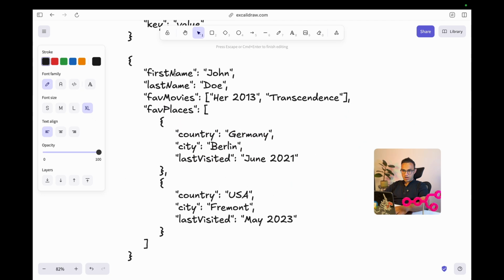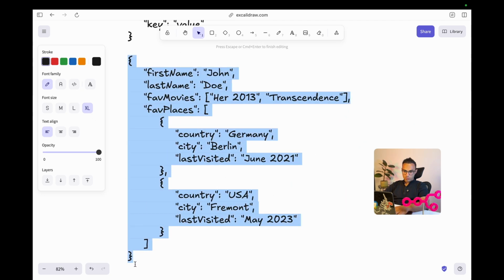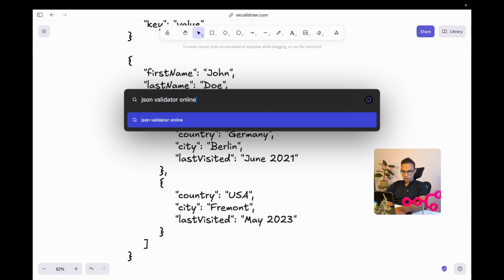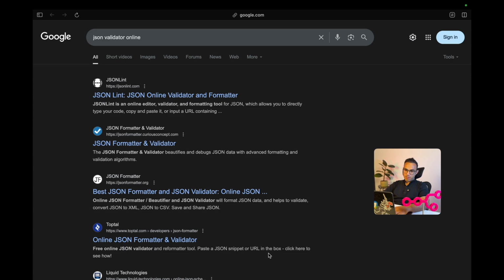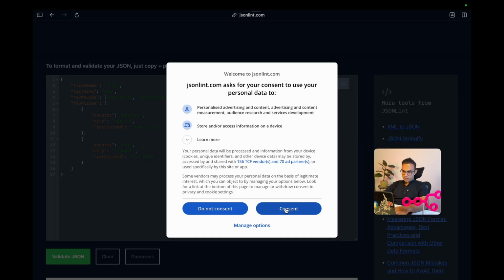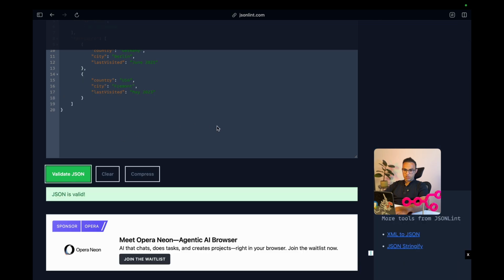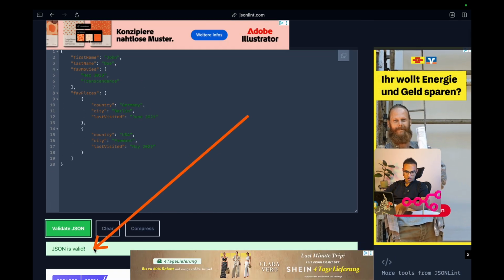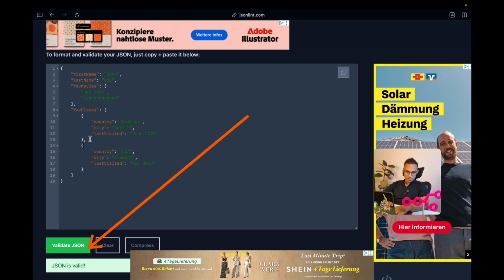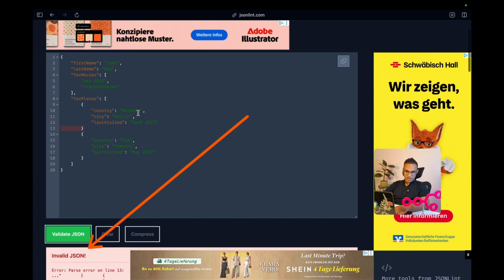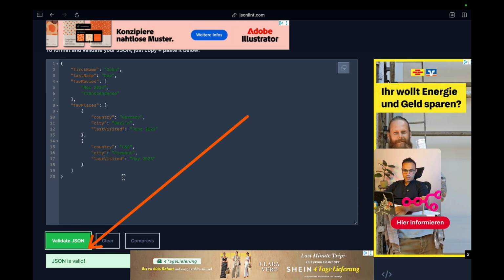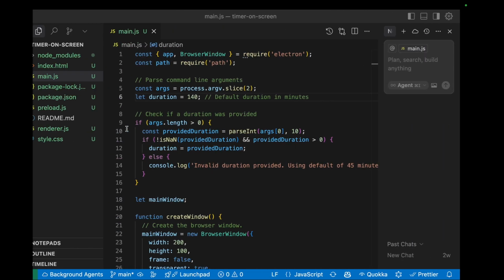Now, with this kind of JSON, I would like to take you to a website, JSON Validator online. You can play around with that, put your JSON in this website, and validate if you got your JSON correctly. You can see that I got my JSON correctly. Otherwise, if you made any mistakes, for example, you forgot a comma here, and you validate it, it's going to say it's invalid, so that you can learn how to write JSON objects.